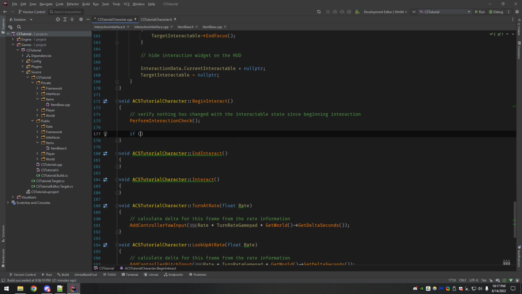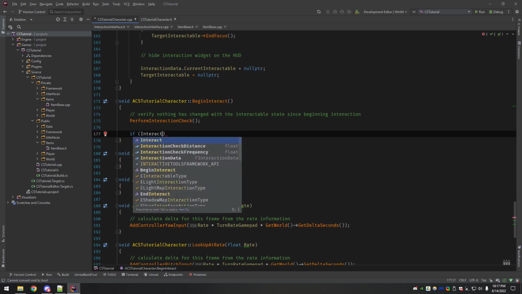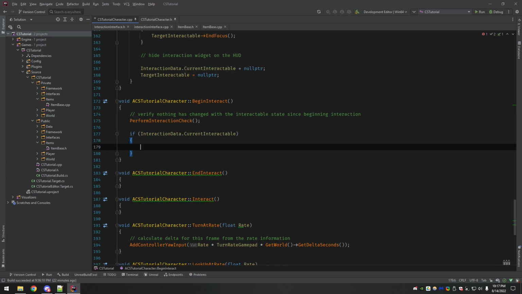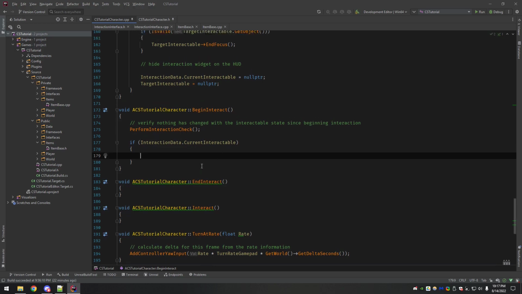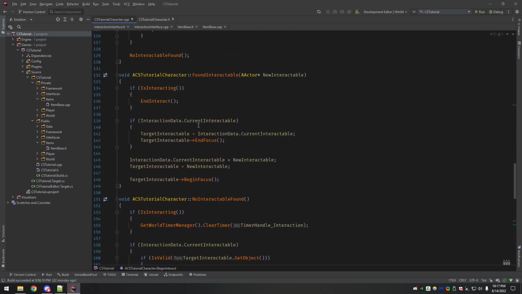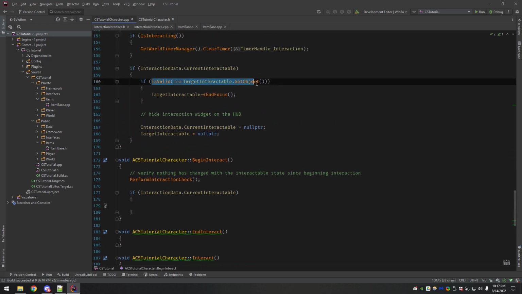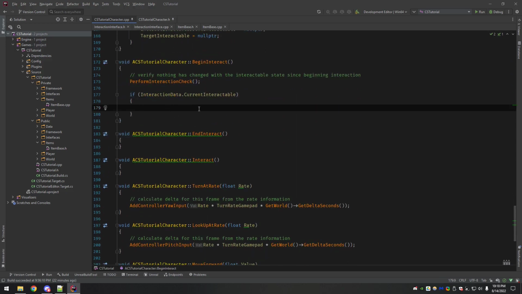All right. Now, if interaction data, current interactable is valid. Always good to check this. You'll notice we check this in every single piece here, just in case stuff happens, you want to make sure you're avoiding crashes.